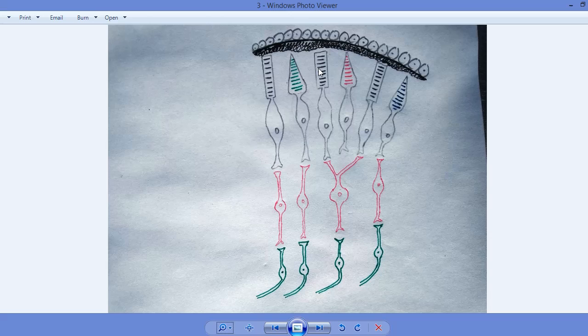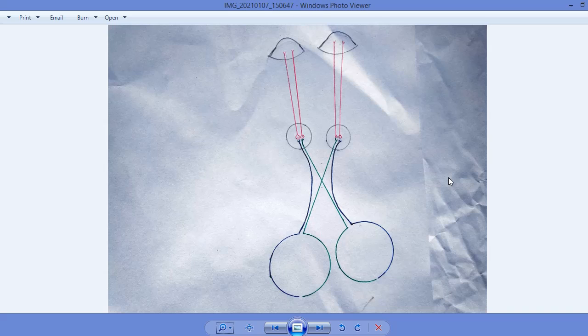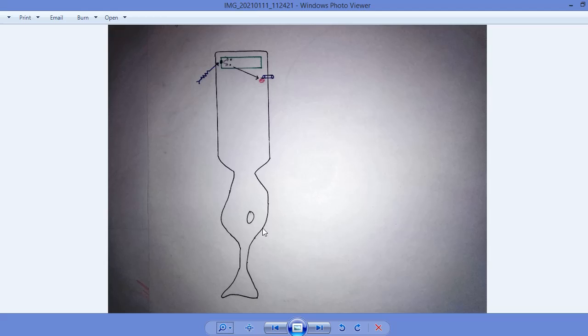When there is a minute amount of rhodopsin formation inside the rod, the individual is not able to see objects in dim light or after evening. That condition is called night blindness. So what normally happens when the light